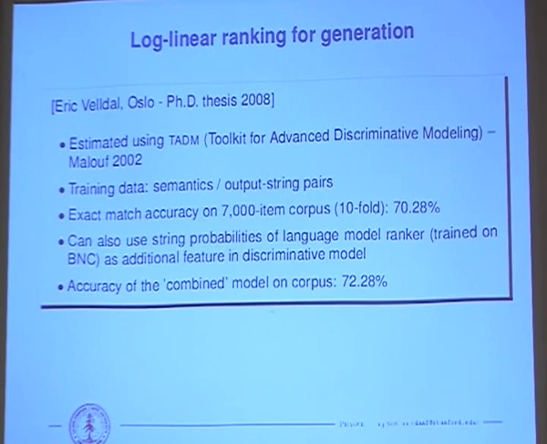This ranking for the generation, the re-ranking at the end to produce the right strings. Eric, because he was doing a PhD thesis, did this carefully, did it right, wrote it up nicely, and it ended up being able to build a model which brought us to about 72%. He gained about a 2% improvement in exact match by using the BNC, this British National Corpus monolingual model, which